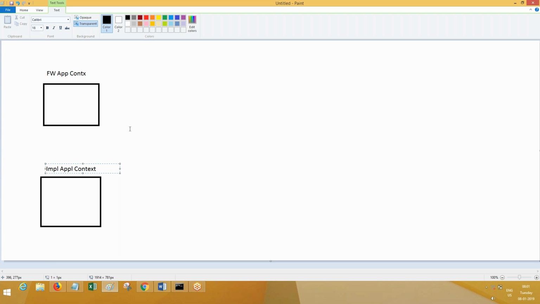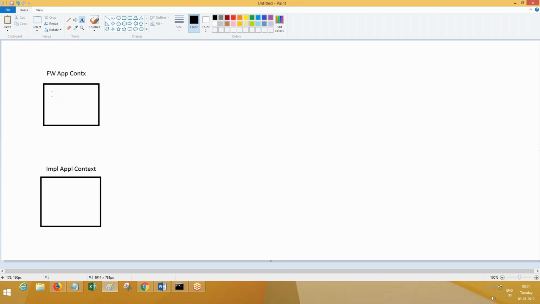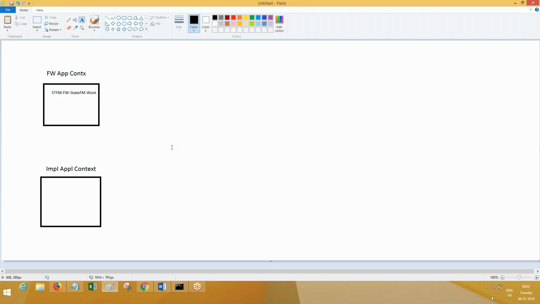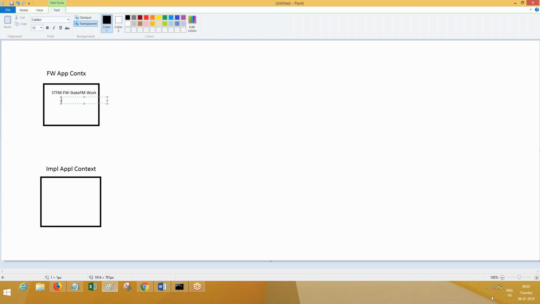Now, just understand with respect to classes what we have. We have STFM in the framework. Let me minimize the font size. So STFM, FW, and the other class, let's say state form and work. This is the framework class. In the framework class, let's say I have property 1.